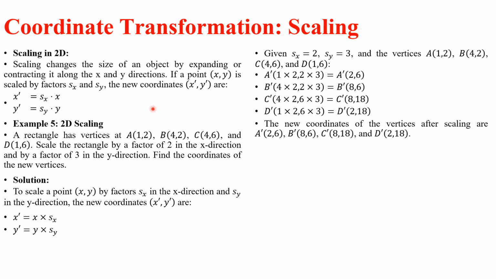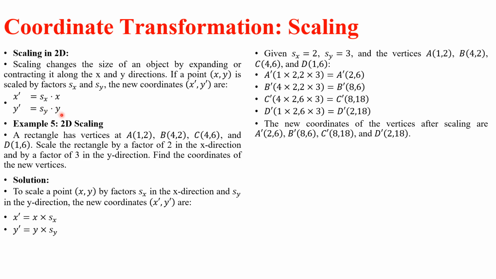So if a point x, y is scaled by a factor sx and sy, that is sx being in the direction of x and sy in the direction of y, the new coordinates, simply put, will be multiplying the factor along the x-axis with x